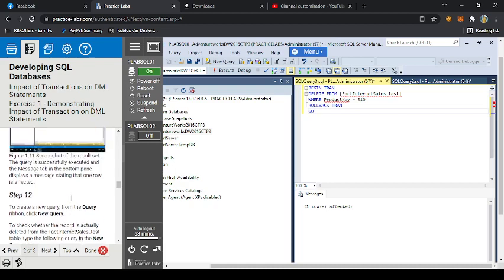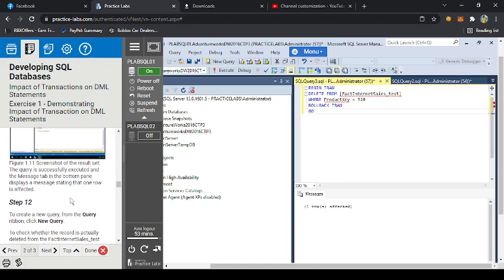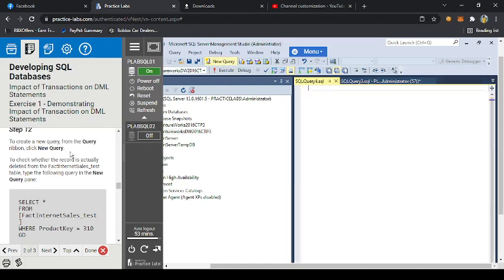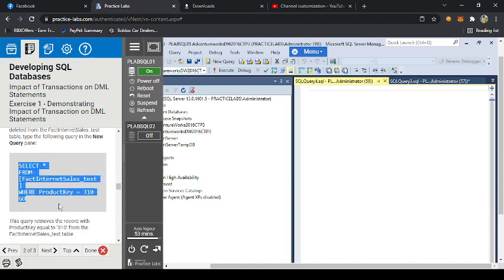The query runs successfully and the result set is displayed. Step 12. To create a new query from the query ribbon, click New Query. To check whether the record is actually deleted from the FactInternetSalesTest table, type the following query in the new query pane. Let's copy,